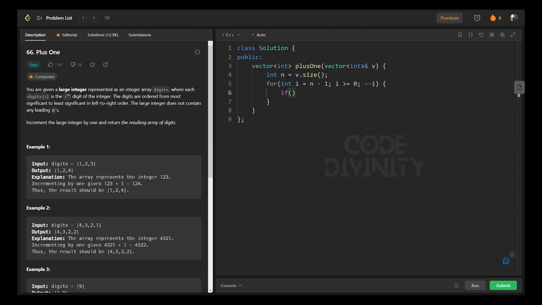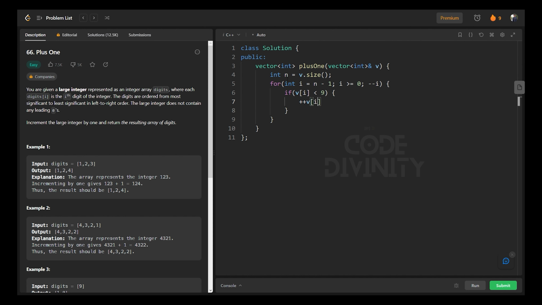Here we will check if the ith position is less than 9. If it is less than 9, then it is not a problem, because we will just increment that digit and return our v as it is. Here we have covered the non-edge cases, but in case the last digit is 9, we will have to